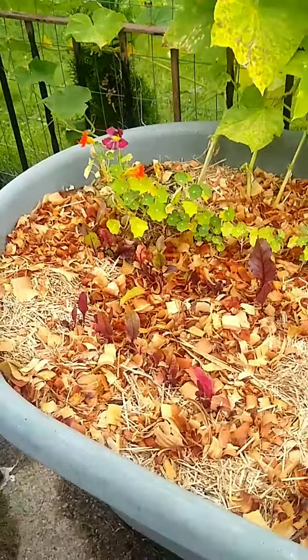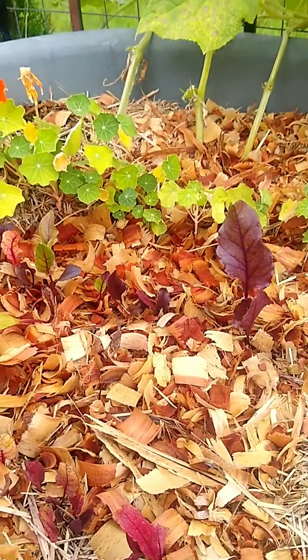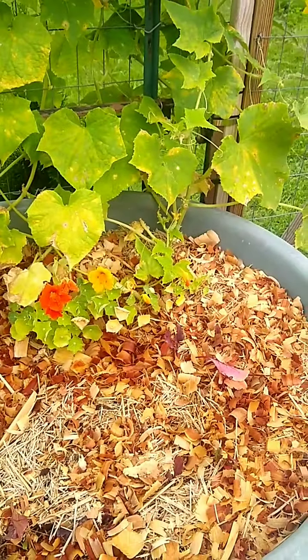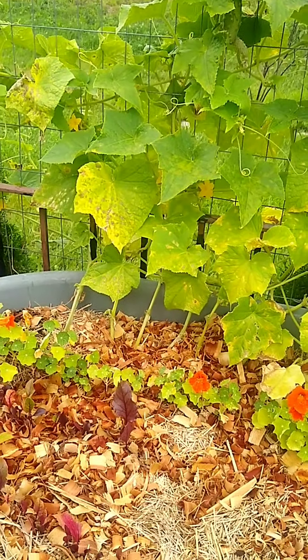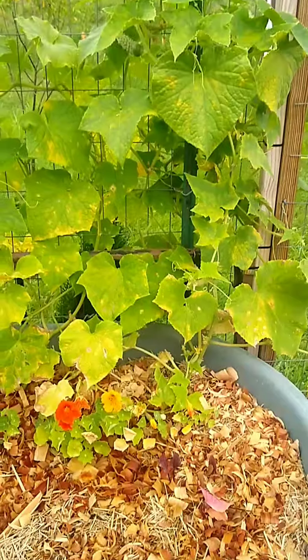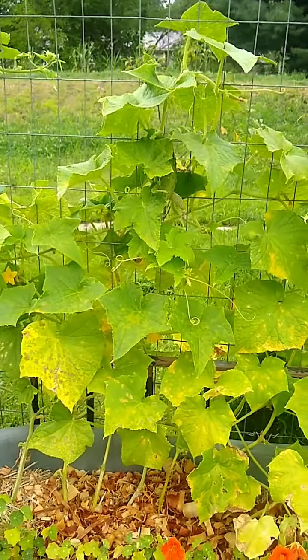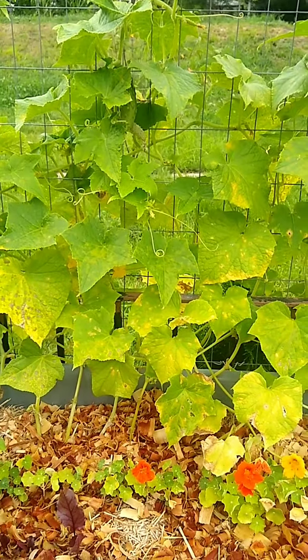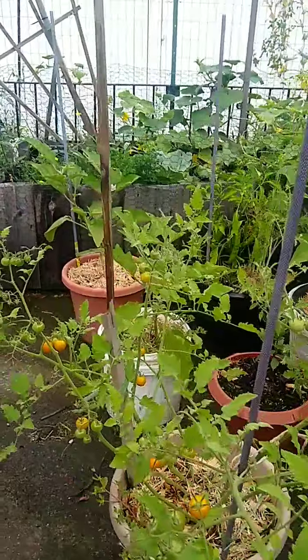Yeah, the beets are kind of just struggling, but we'll see what we get with that. Maybe once I pull up the cucumbers, they'll have a chance to kind of take over, which I feel like is going to happen fairly soon because the leaves are kind of dying back a lot, especially over there. I'll show you in a minute, but